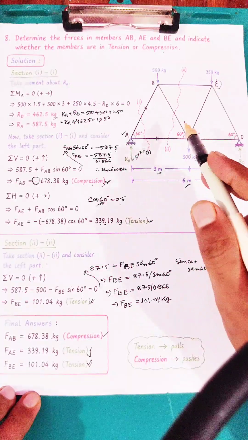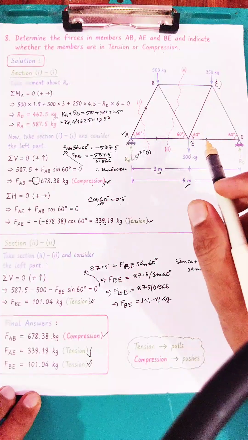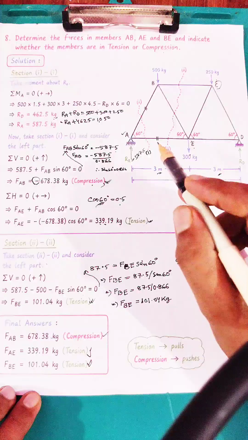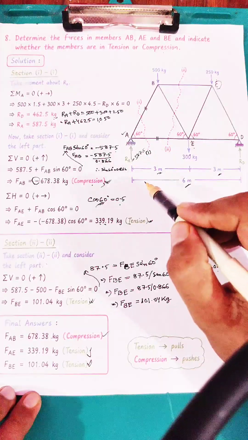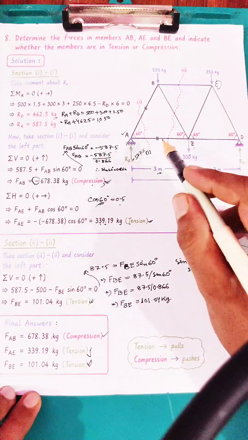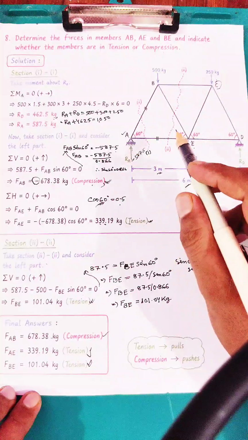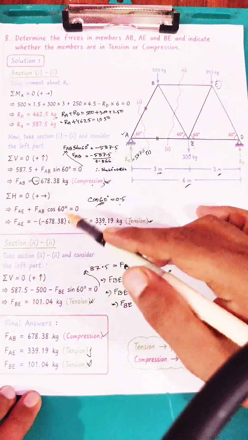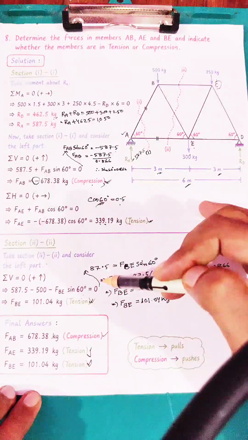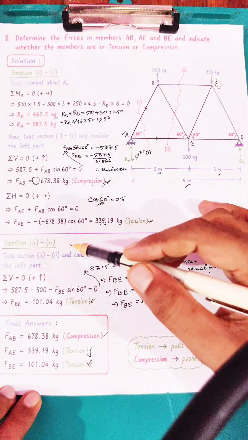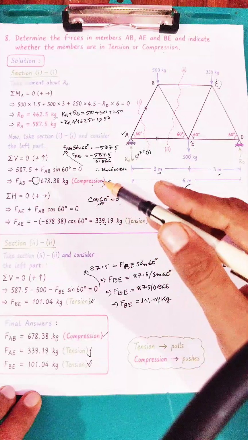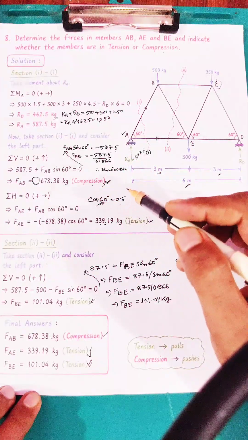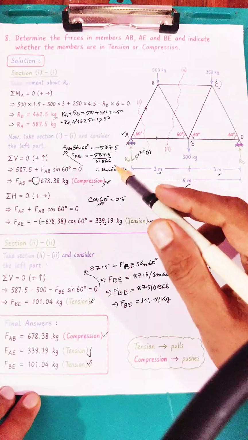So finally, remember this simple concept: tension pulls the member and compression pushes the member. And when solving this problem using the method of sections, follow these steps. First, calculate the support reactions, and second, pass the section through the required members. Third, apply equilibrium, V equals 0, H equals 0 and M equals 0. And finally, check the sign of the calculated force to determine whether the member is in tension or compression.